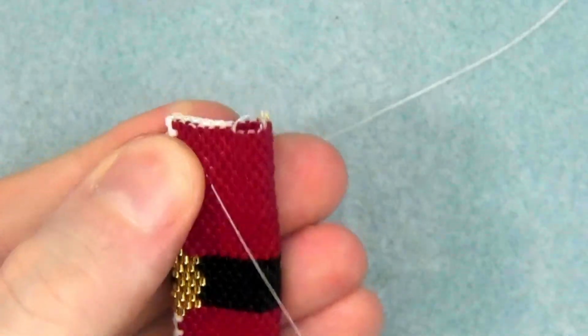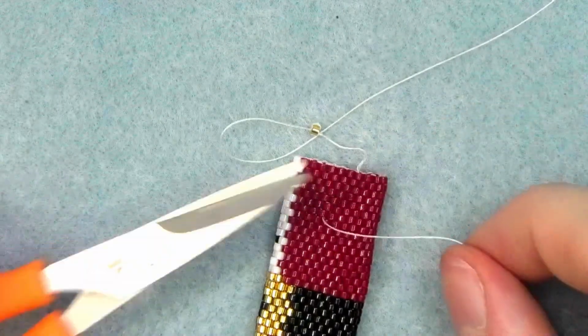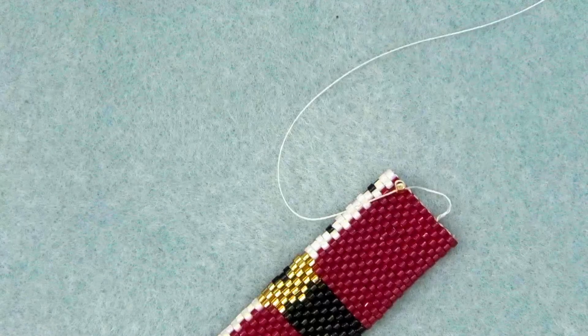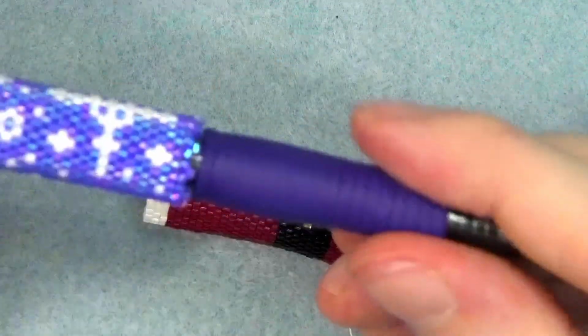Weave down a few beads, and then we can just snip that little thread off, which if we just come in with some nice thread scissors, teeny weeny little fellas, and just cut that thread, and that's going to be secured. And now I would just do exactly the same. I'd take off my little stopper bead, like I've done just there, and I would weave this one exactly the same way. And then once you're finished, you can